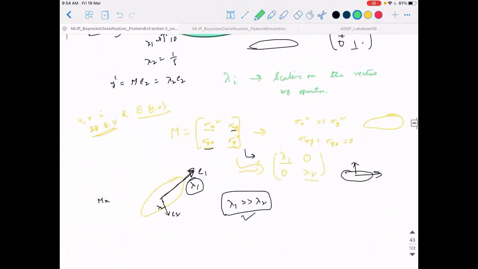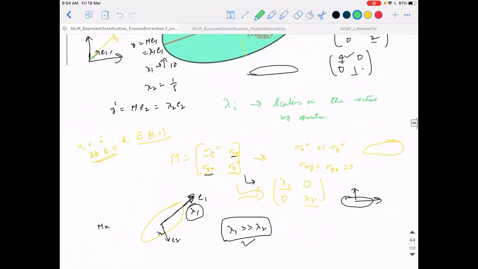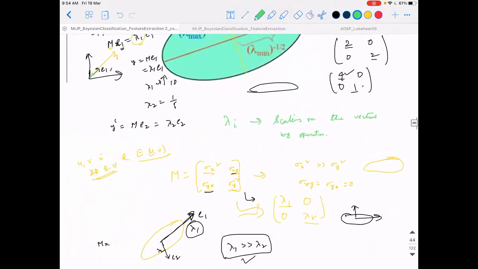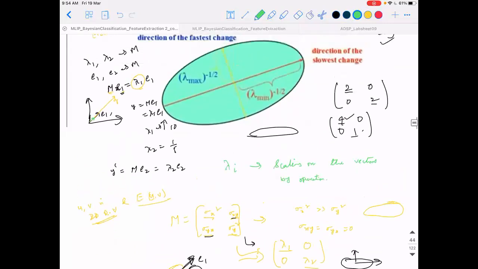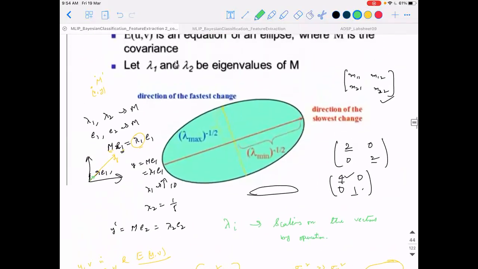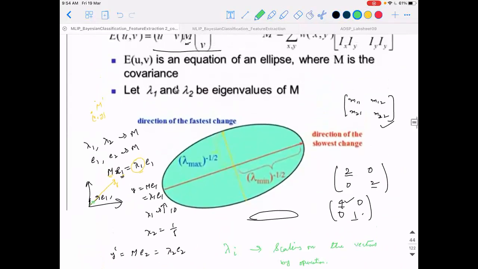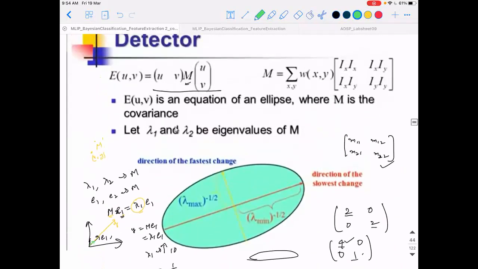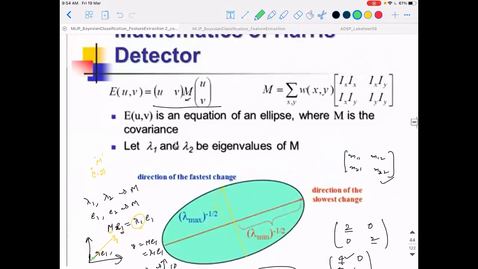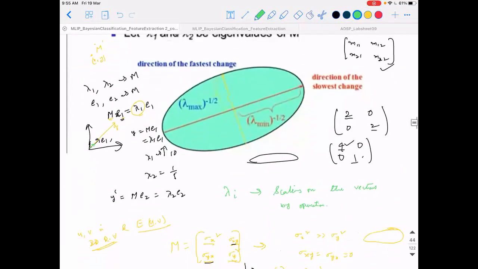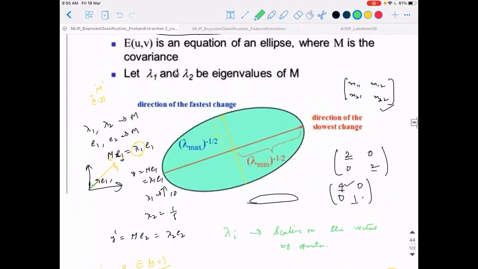Exactly how they relate the covariance matrix to the variations across the data samples or random variables, we will see in the subsequent discussions. But for the time being, you understand that this trick is an elegant way to convert an empirical solution to a mathematical framework. Further, using statistical properties of this M, we can easily tell whether it is a corner, an edge or a uniform region just by looking at the values of lambda 1 and lambda 2.